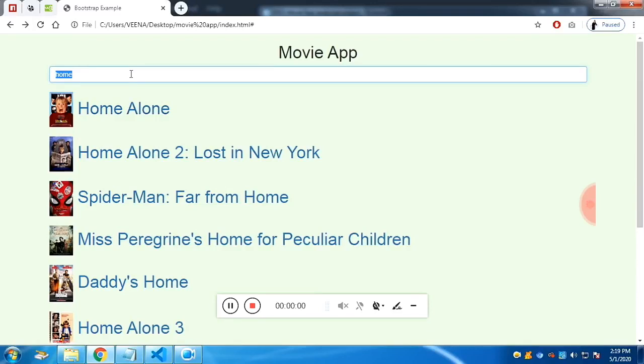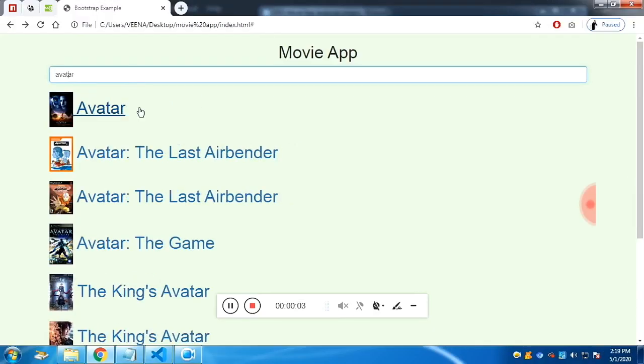In this video, we are going to see how to create a movie app. The values which we are getting are from an API called OMDB, which is the open source movie database. Fine, let's get into the project. You will get the source code in the description along with the steps to be followed.